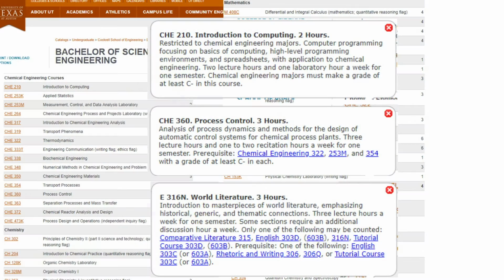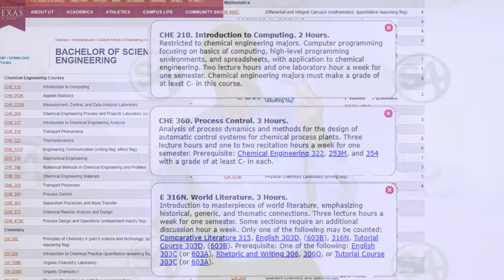So one of the things I thought to do was to take a look at the curriculum to create a chemical engineer. This is particularly valuable to me because when I got married, my wife was a teacher, and about 18 months in, she said, the heck with this, I think I'll become a chemical engineer, which was cool. But this is what she went through. I thought, let's go back and look at, here we are in 2018, what does that curriculum look like today? There are 2 hours of introduction to computing, and that's it.